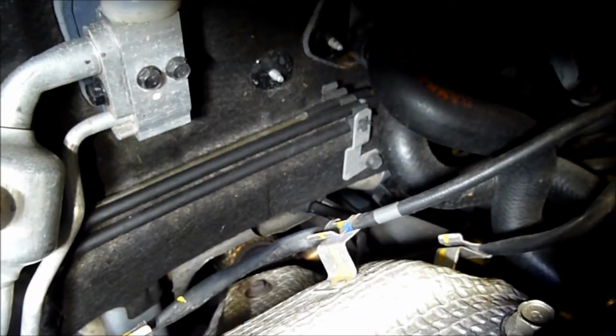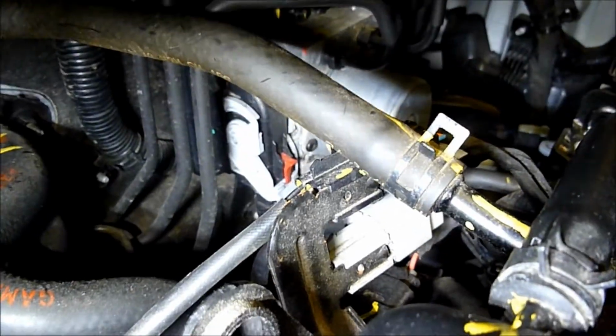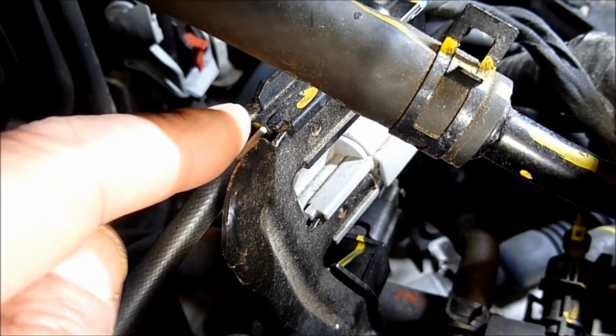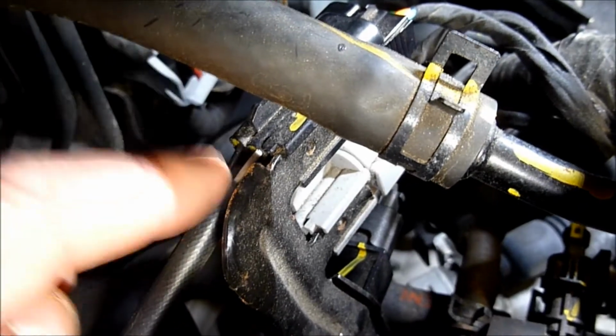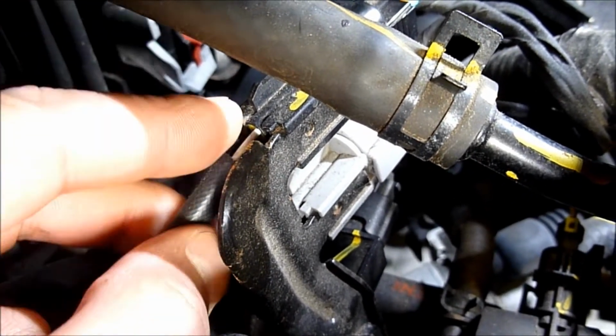Okay, and we'll go to the wiring here where they connect up. So here's the wiring connecting. The top one here is the upstream sensor, pre-cat. The bottom one there is the downstream. The 4-wire